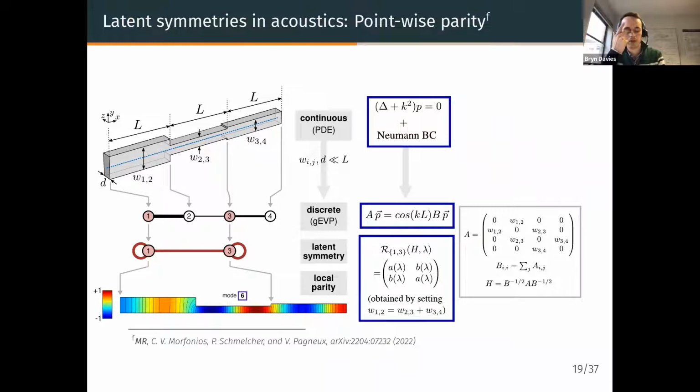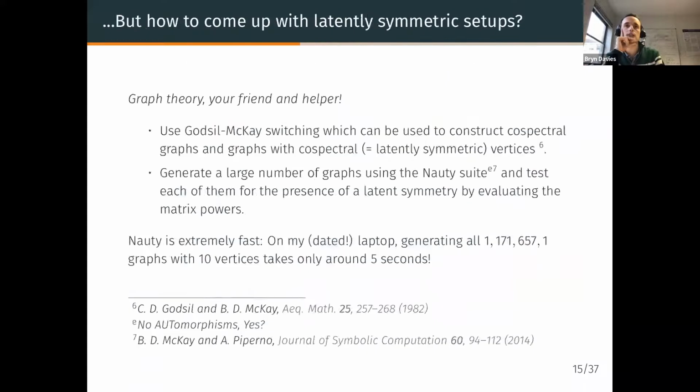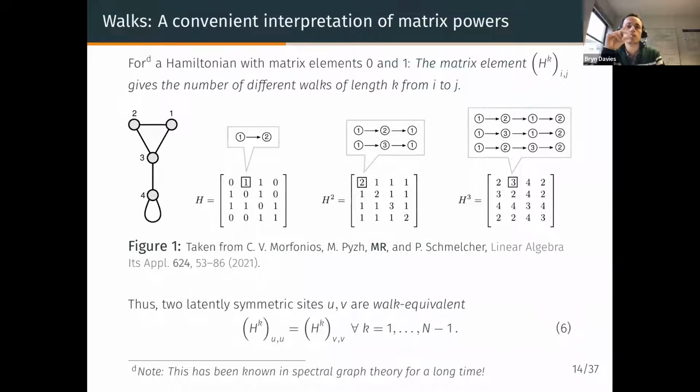It was in your definition of the walk equivalence notion for isospectrality. You had, in equation 6 here, that you need this to be true for all k in some finite range. So what is n here? N is the dimension of the matrix. But maybe I think I know where you're heading. Okay. So if it holds for k equal 1 until n-1, then it really holds for all integer matrix powers,